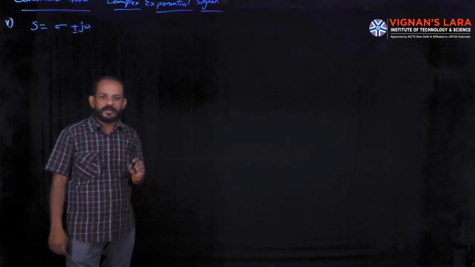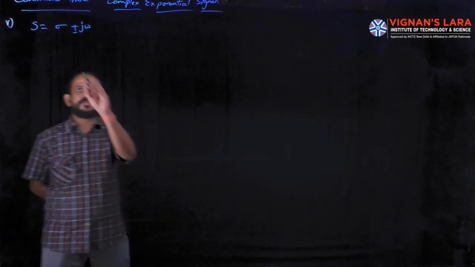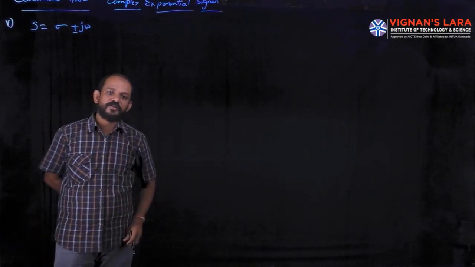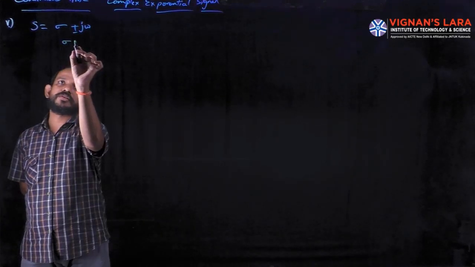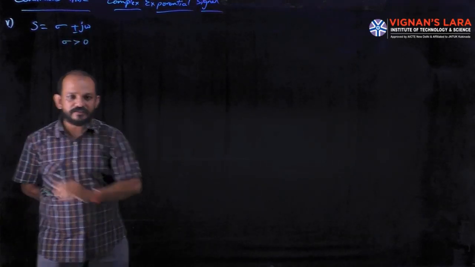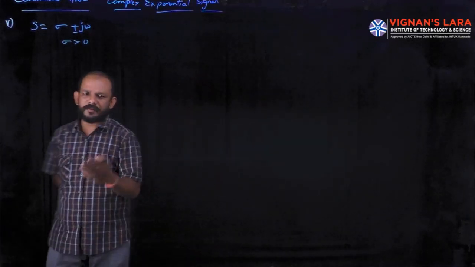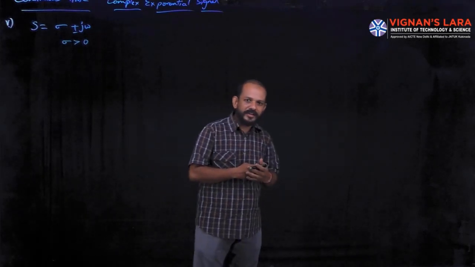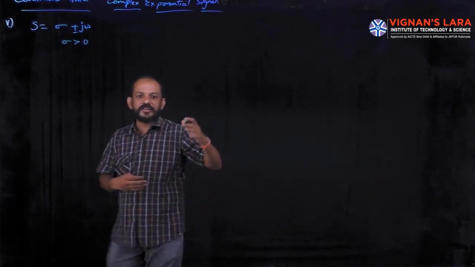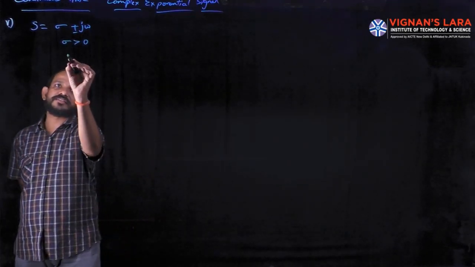That means the last two cases are s equal to sigma plus or minus j omega. In that we have two sub-cases, the values of sigma. Based on that we will get either an increasing sinusoidal or a decreasing sinusoidal. Without sigma, if you go for s equal to j omega, we have a simple sinusoidal signal with constant amplitude a. Now here I am going for both real and imaginary parts, and I am taking the sigma value as greater than 0. Now what happens? The sinusoidal signal grows exponentially. Simple. Now the waveform will be like this.